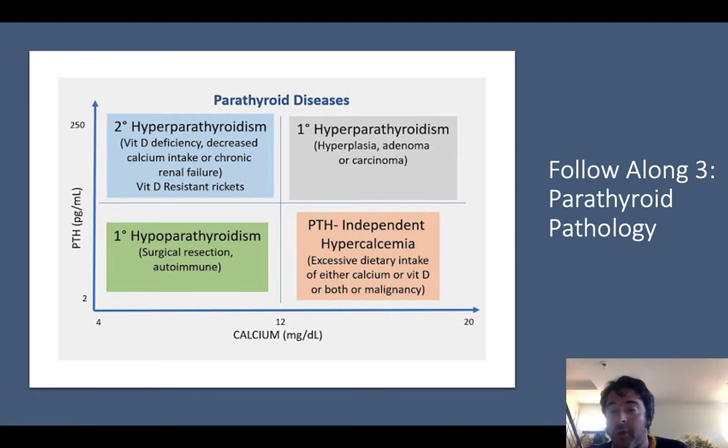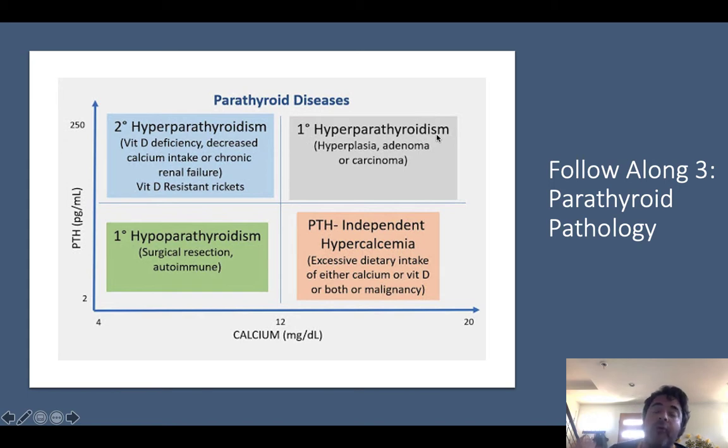Now, follow along 3, if you're paying attention to the follow alongs, we're going to talk a little bit about parathyroid pathology, diseases that affect the calcium regulation systems in the parathyroid gland. And I want you to interpret what's happening on this table here. So here we have parathyroid hormone concentrations in the blood in picograms per milliliter, and we have blood calcium concentration. Now, when you're looking at this,